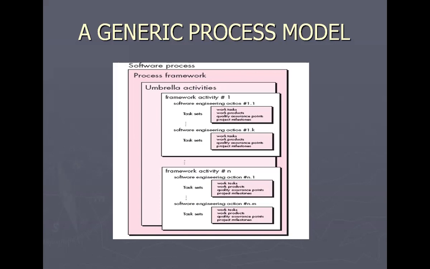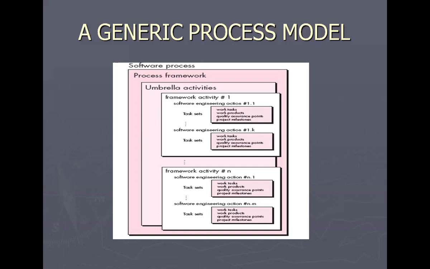The first one is communication. It means the different activities that will be applicable in the software engineering process, as we learned in the waterfall model: communication, planning, modeling, construction and deployment. How do these activities work? Activity one is communication. This framework activity involves heavy communication and collaboration with the customer and other stakeholders, and encompasses requirement gathering and other related activities. This is the first phase of your software process, that is communication.